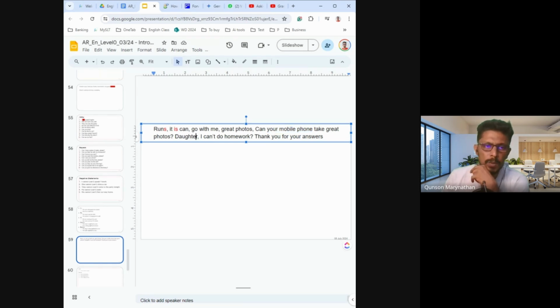And then this word is daughter. Daughter. Daughter means a female child. That is daughter, right? You have to be careful with the pronunciation. It's not easy. If you are used to some other pronunciation, then it's not easy to change it, but it's not impossible. You can change it by practice.